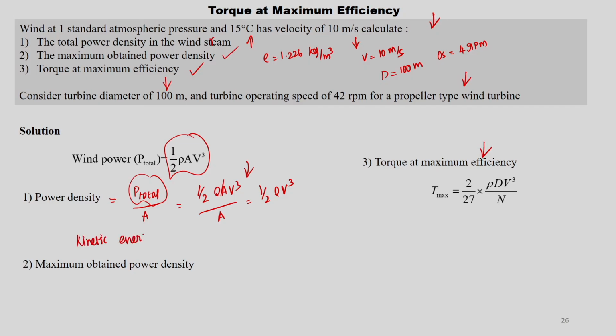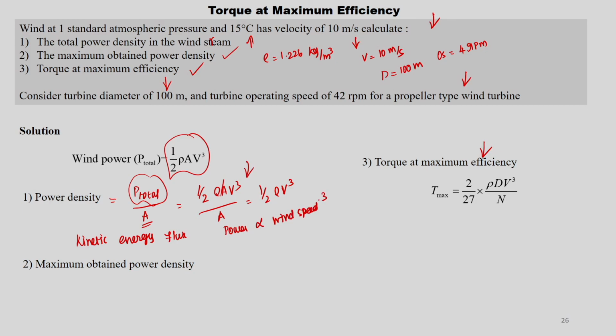Why is it a flux? It is divided by area, and power is nothing but the rate of change of kinetic energy. This we have already seen. So, for this reason, to compare systems irrespective of the rotor diameter, power density is defined as the wind power upon area. From this we get to know that the power is proportional to the wind speed raised to the power 3.